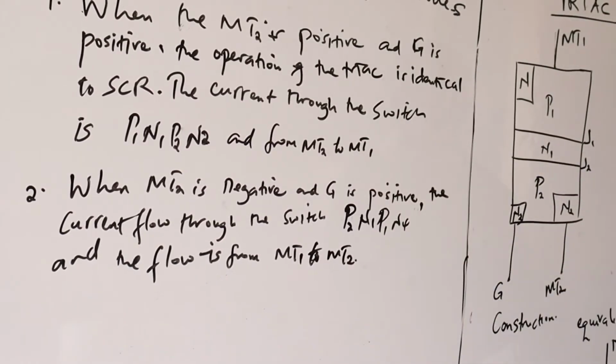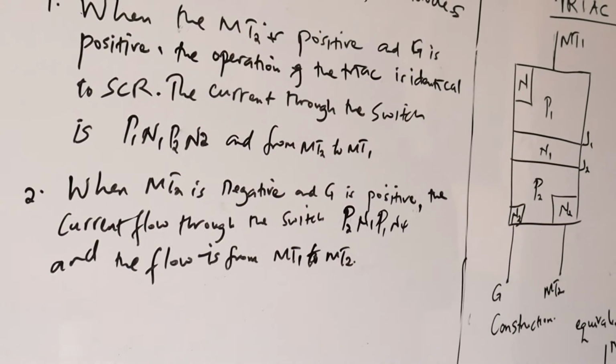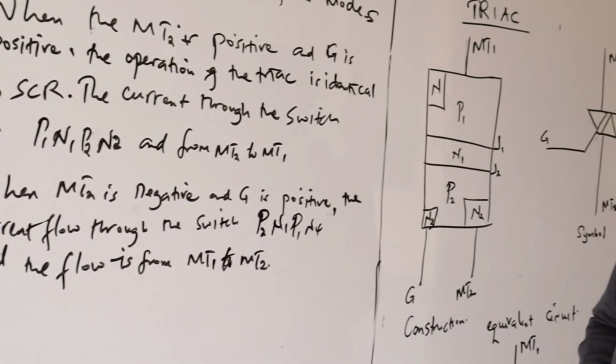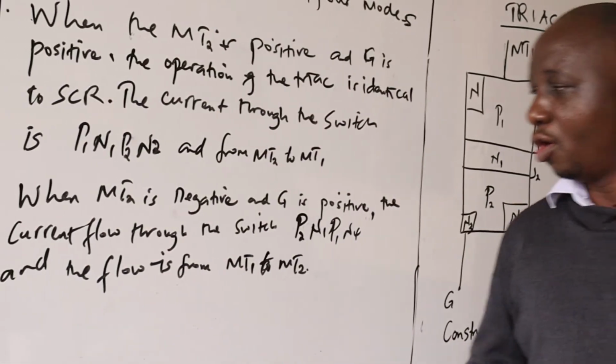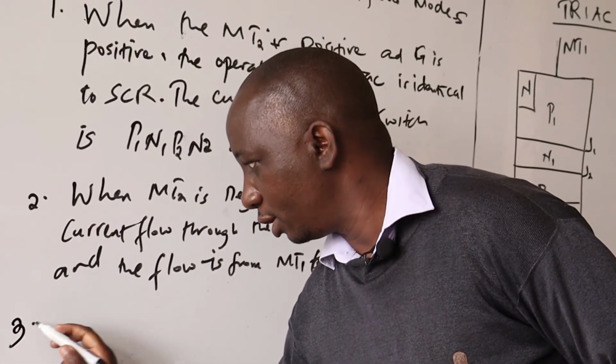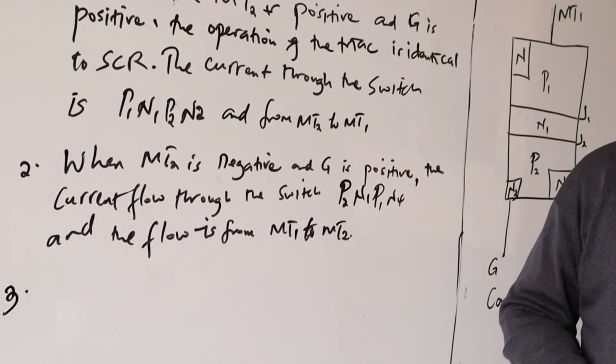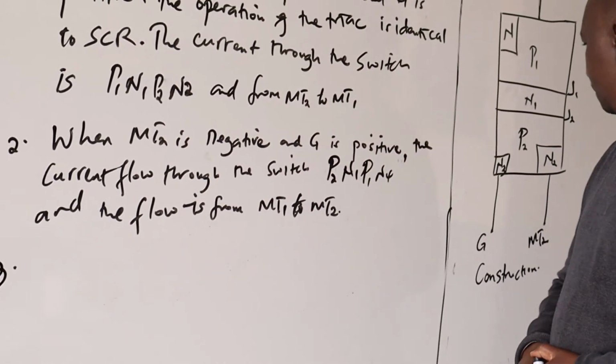So when you look at the construction diagram, you can figure this out very easily. When we talk about mode number 3, when MT2 is positive